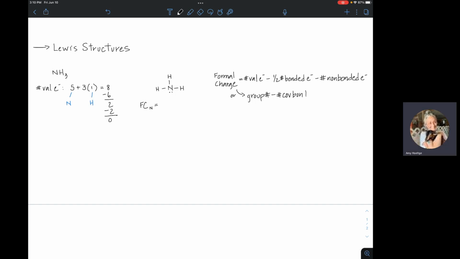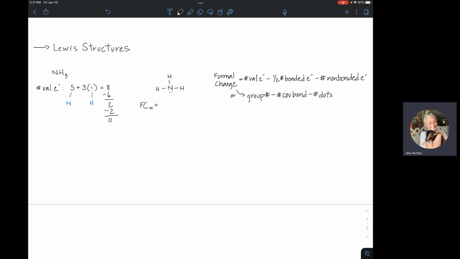So single bonds count as 1, double bonds count as 2, triple bonds count as 3, right? That kind of thing. The non-bonded electrons in Lewis models are dots. So the number of non-bonded electrons on the atom would be the number of dots. And it all means the same stuff. It's just that when you're doing the calculation, it's a little easier in my mind anyways to say, I see a